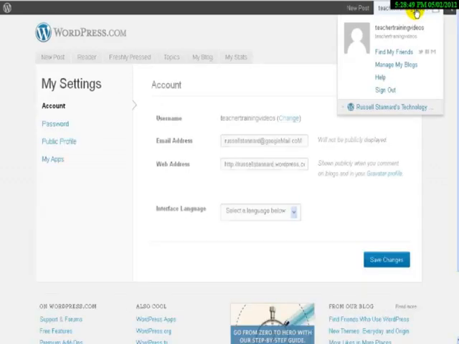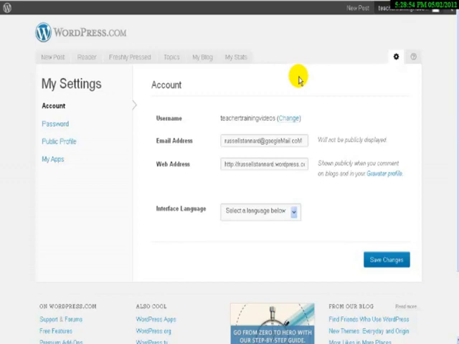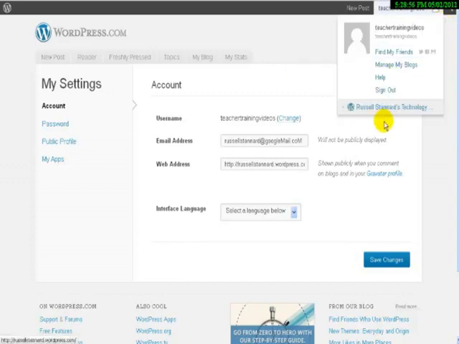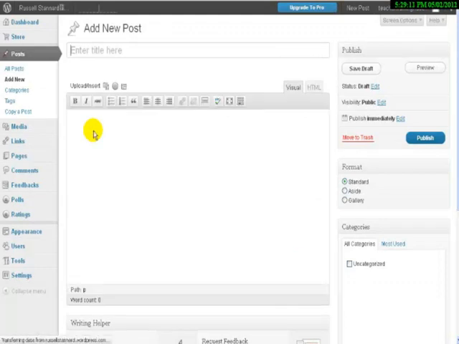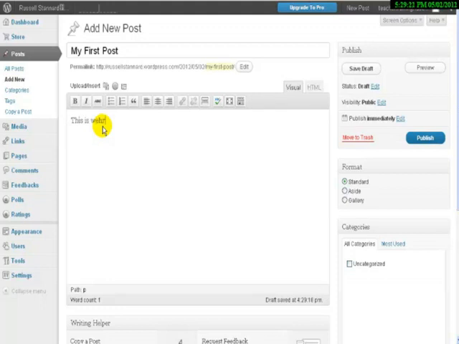Okay, so starting from when you log into your account, you'll often come to this page here, and remember, if you roll over here, you'll see a list of your blogs at the bottom, and then you can roll over whichever blog you want to look at, and then you can simply click on New Post, and that will allow you to open up the very important window, which is the window here where you add your post. And we're going to just do a quick test, so we're going to write my first post as the actual title, and then we're going to put here this is where my